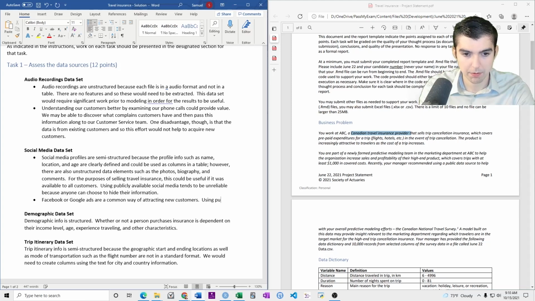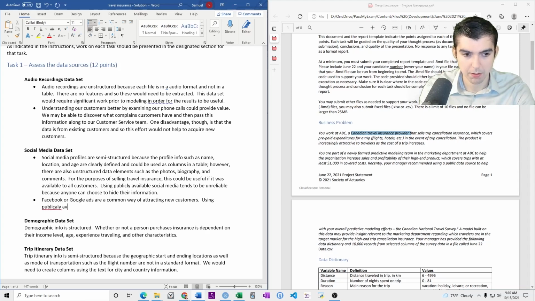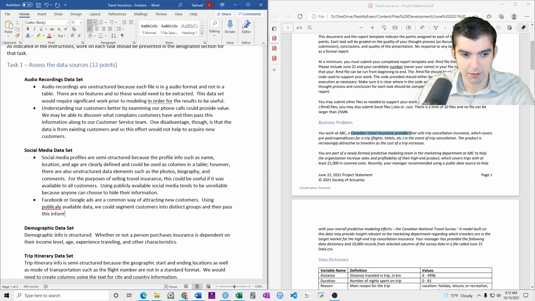Using publicly available data, we could segment customers into different groups and then pass this on to marketing so that they could target their advertisements.